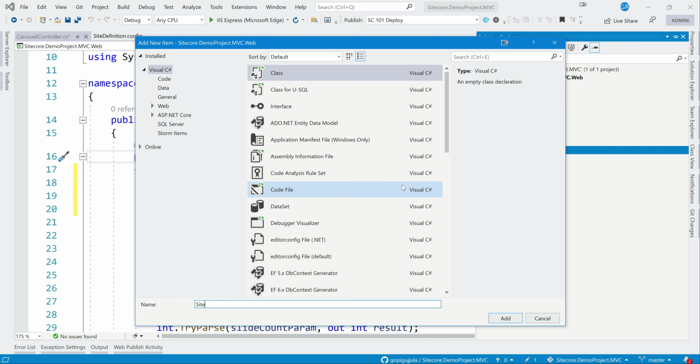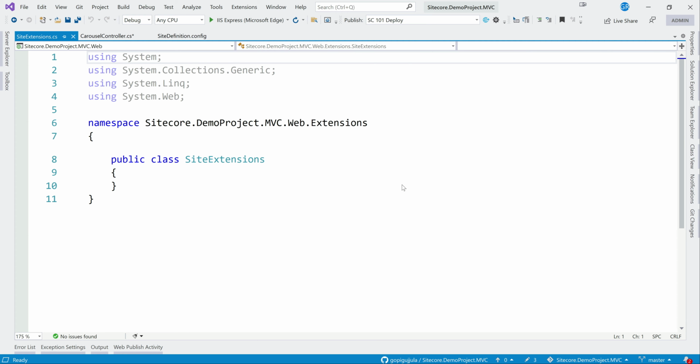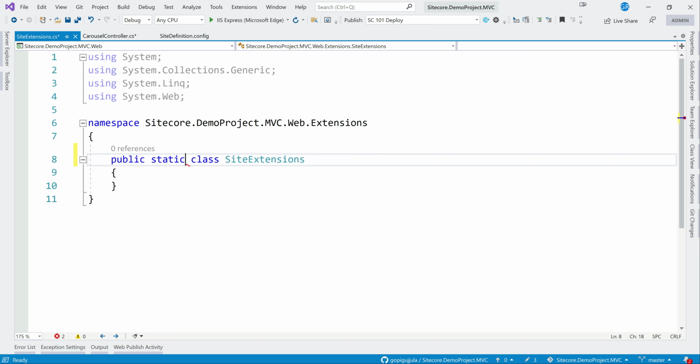Let's quickly create one, SiteExtensions, and it's a static class.